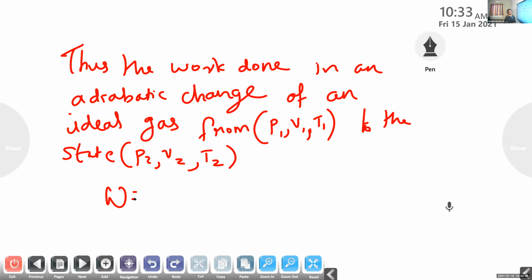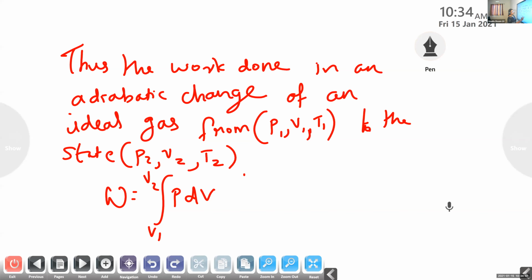Since work is done, work done is equal to the integral from V1 to V2 of P dV. Do you remember the previous isothermal? I explained to you how work done equals P dV by using the equation Fs. Pressure into area is force, and the displacement is included. Area into length becomes the change in volume. That I taught you yesterday. So the same equation, work done is equal to the integral V1 to V2 of P dV.